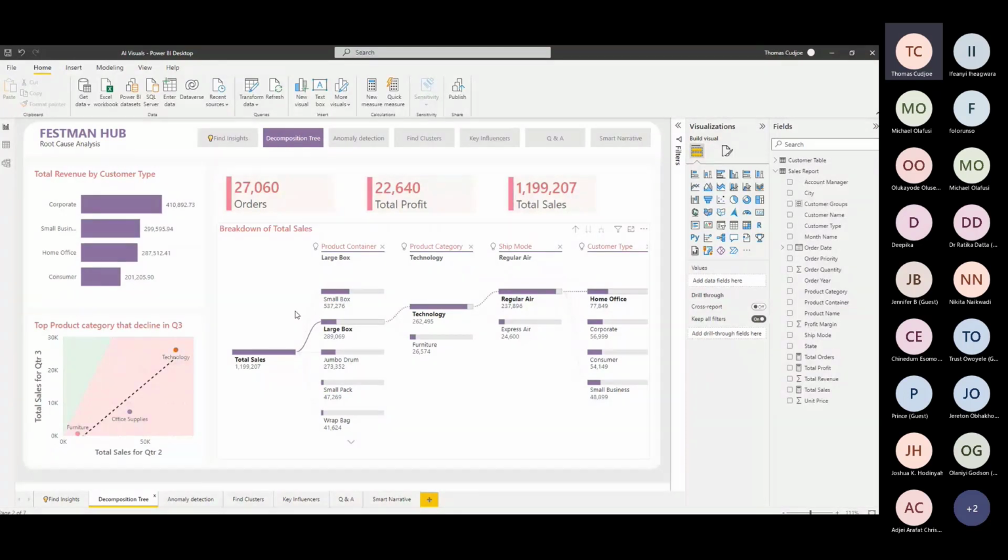So I'm going to look at two ways that we can use query parameters within Power BI. I'm going to click on transform data to go to Power Query, and we are going to look at how we can apply the query parameter.